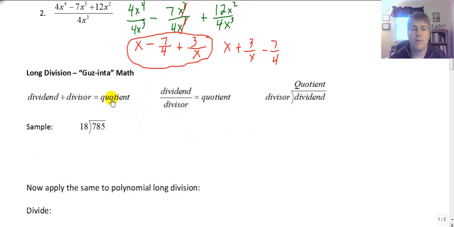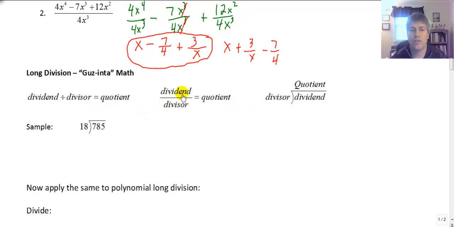And another thing we're going to have to take a look at here is long division. You probably learned long division in 5th or 6th grade, maybe 4th grade. But long division, I kind of joke around that this is gazinta math. Okay, and I'll show you what gazinta math is in just a minute. But as a matter of vocabulary here,